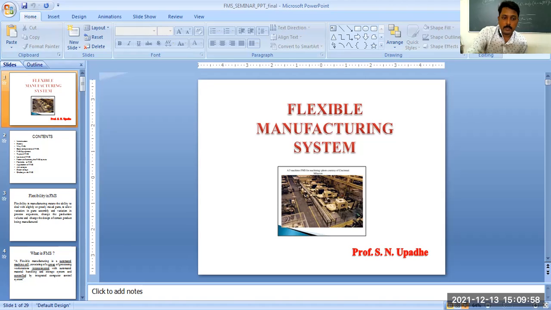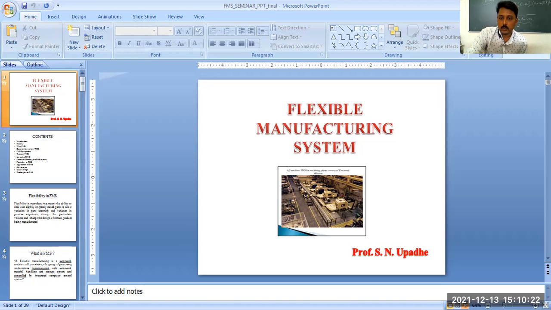So this is how this material handling system is automated by the use of AGV, that is automated guided vehicles, or the conveyor belts, which are controlled by computer. So you can see that computer control is here, and all these things are interconnected so that the computer can control each one of these.